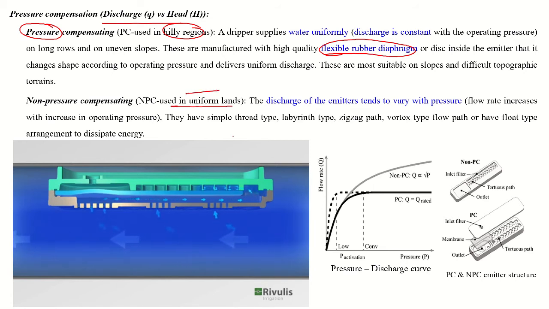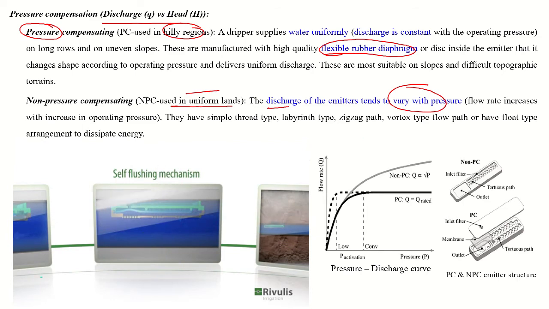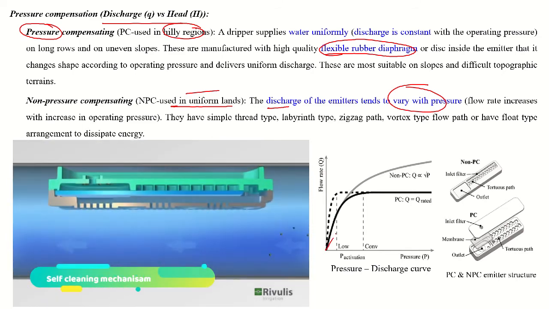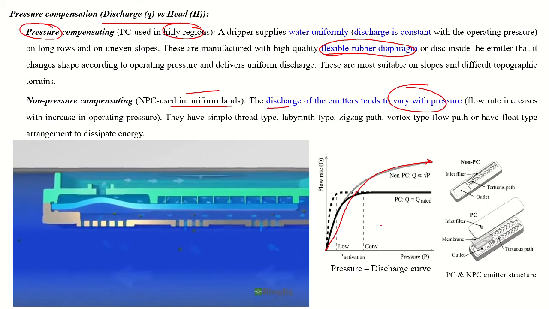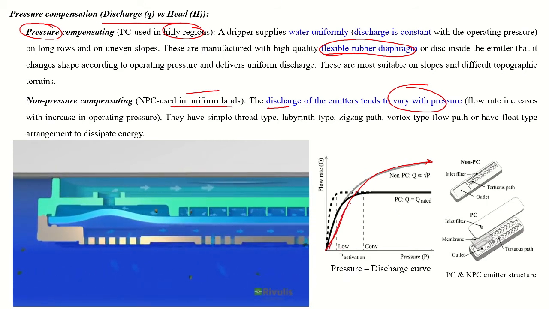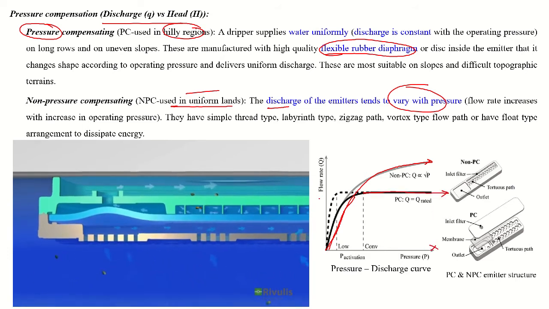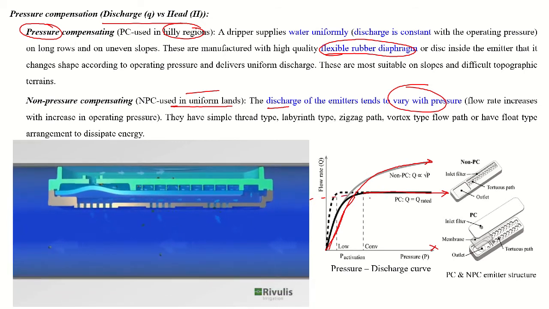In this condition, the discharge coming from your emitter varies with respect to your pressure changes. That means if the pressure increases, the discharge may increase. When the pressure reduces, the discharge may reduce. But in the case of pressure compensation, for a certain duration, when the pressure increases, the discharge will increase. After that, even though the pressure head on the x-axis also increases, the discharge is constant. So this is the difference between pressure compensating and non-pressure compensating emitters.